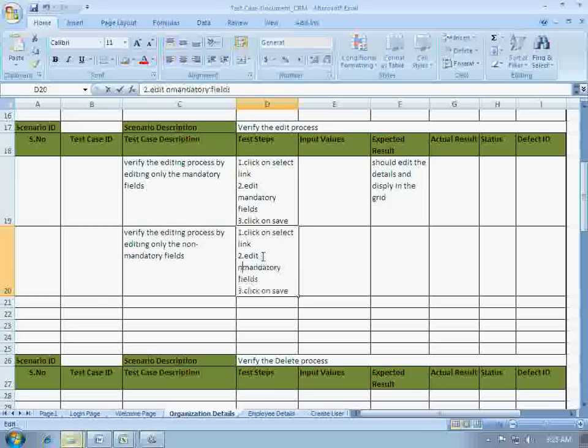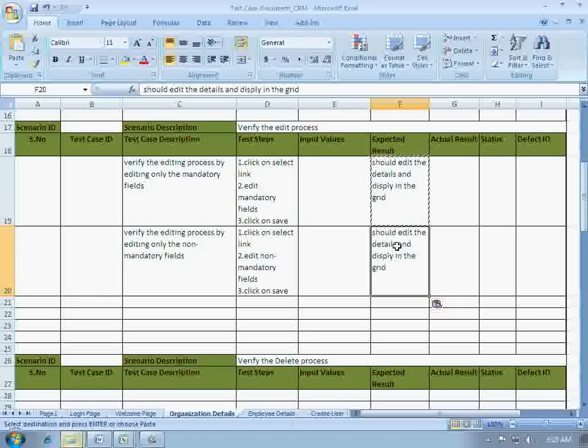Write input values for non-mandatory fields in this box. Should edit the details and display in the grid.